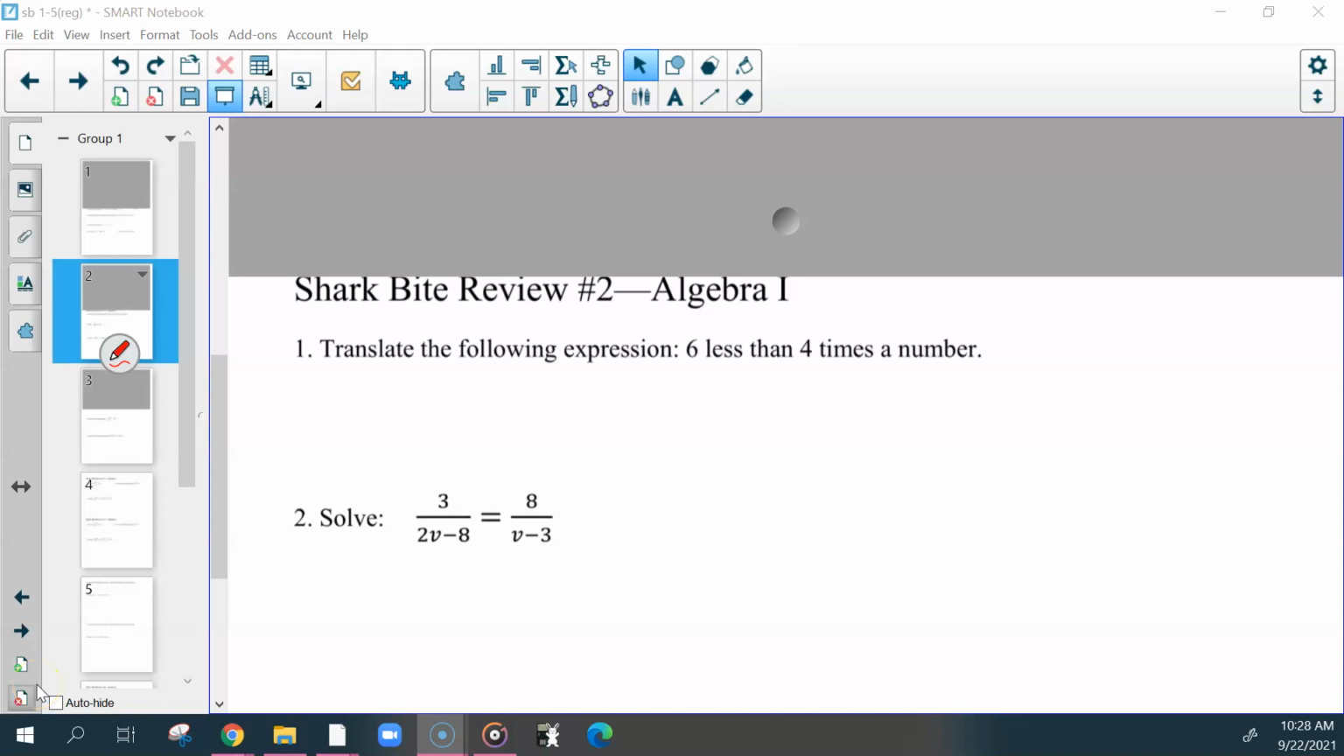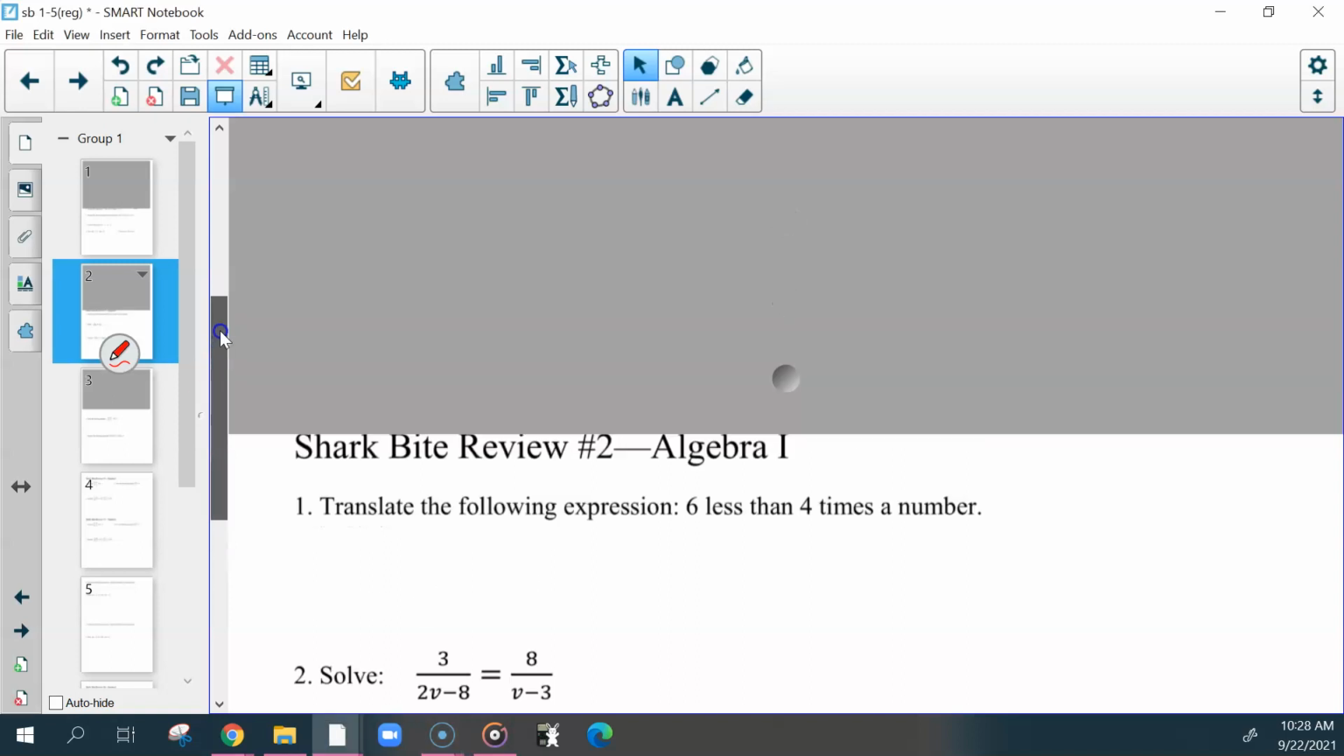So the answers for the shark bite, and then kind of talk through them as well. If you have any questions,